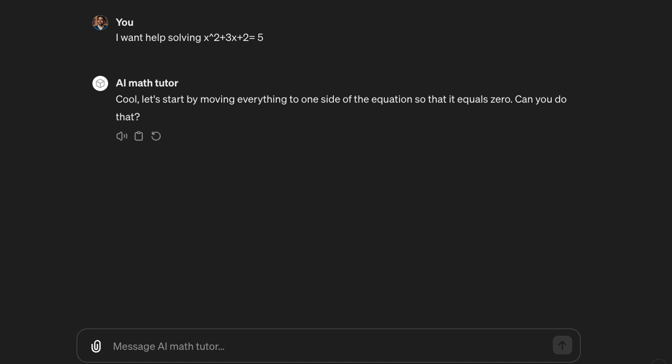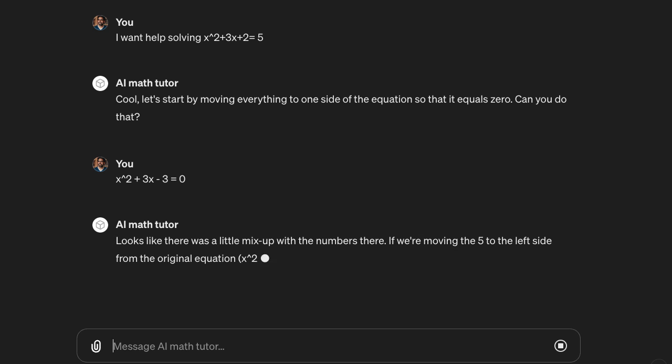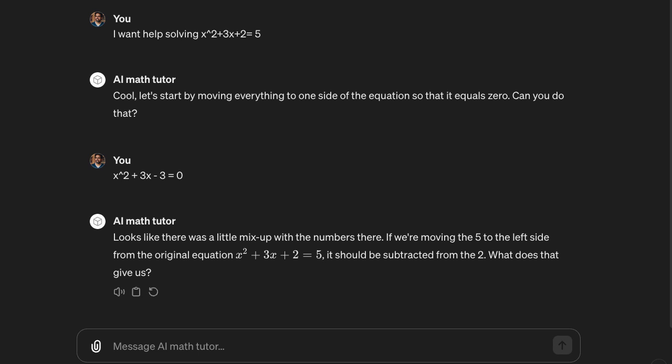Cool, let's start by moving everything to one side of the equation so it equals 0. Can you do that? All right, maybe I'll subtract 5 from both sides, and I would get x squared plus 3x. If I subtract 5 from 2, it's going to be minus 3, and then that equals 0. All right, now I know what the right answer is, but let's just say that I'm an algebra student, and I thought I did the right thing, but the AI is saying, looks like there was a little mix-up with